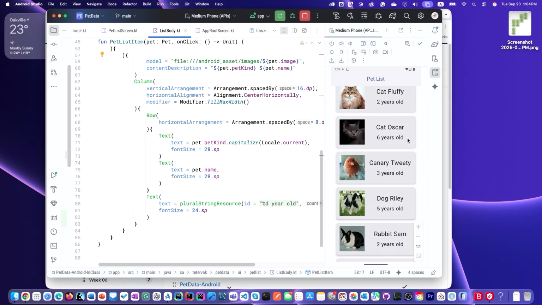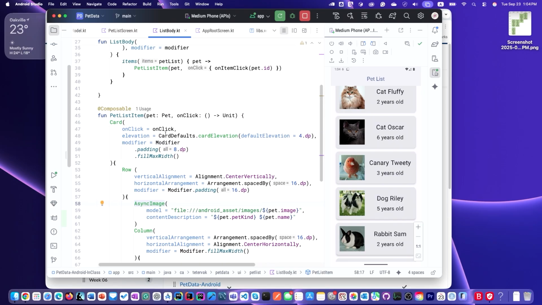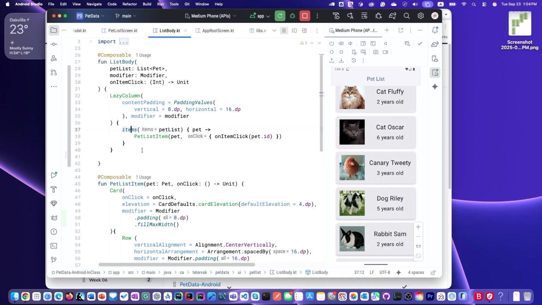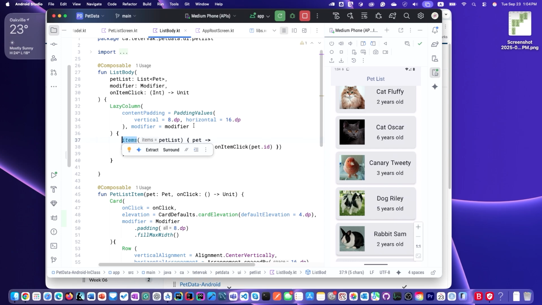One thing to be aware of. When you create a lazy list, you need items. When you type items, sometimes it imports a function automatically, which is the wrong one. This was the issue when I was teaching this course previously. When you type items, make sure that it imported